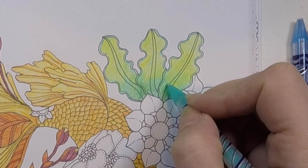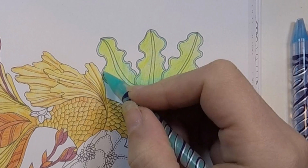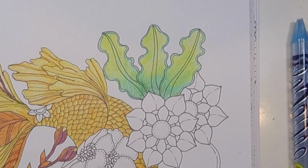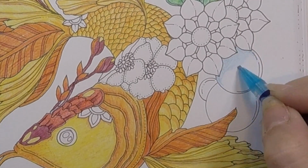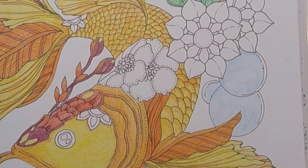So I really like the vibrant color tones that we were able to get here, but if you look closely again, I'm having a little bit of trouble blending these together. So good color layering, but the blending is still a little bit difficult. So onto the bubbles, and considering I'm having some problems layering, and we actually have just one or two blues